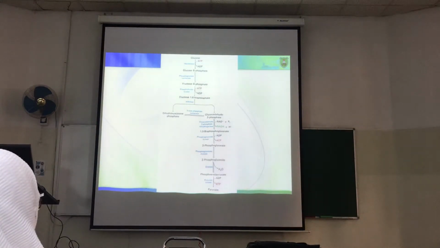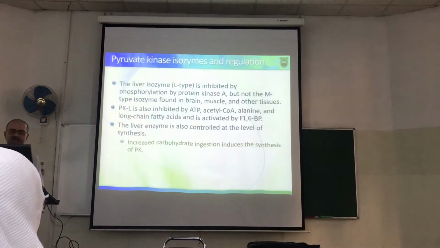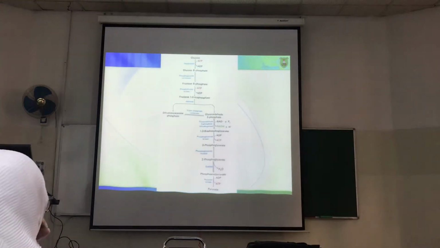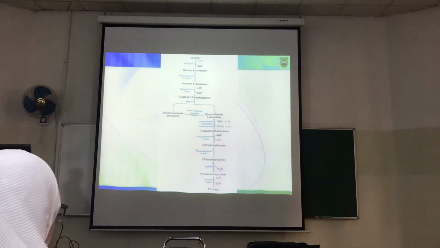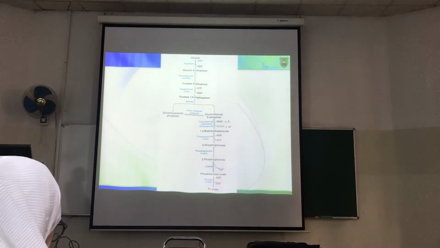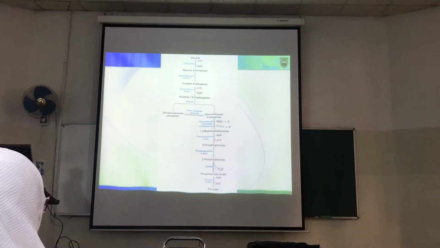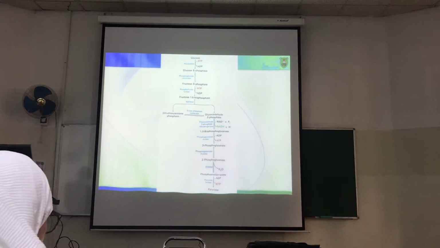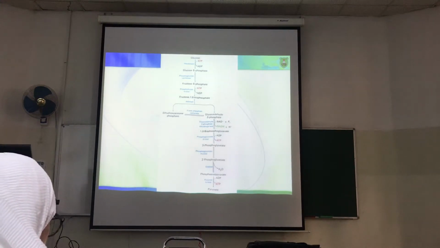Glucose is cleaved into two products, and you have pyruvate at the end. And then pyruvate is converted to lactate, and it gets released out. Okay, so let's talk about the very final reaction, which is phosphoenolpyruvate to pyruvate. And in this reaction, you have a generation of ATP, and this reaction is catalyzed by pyruvate kinase.